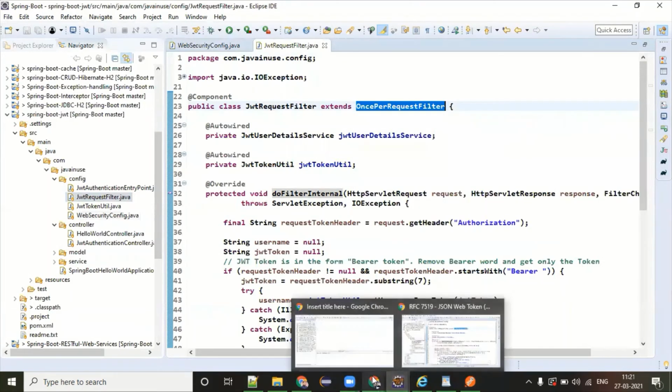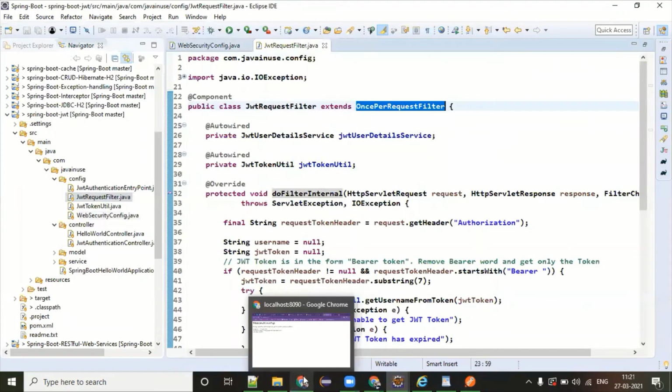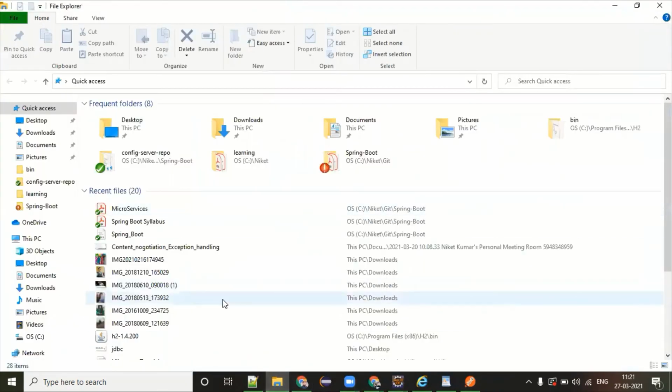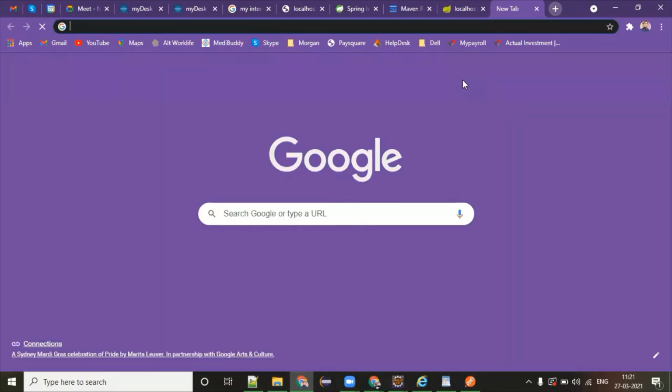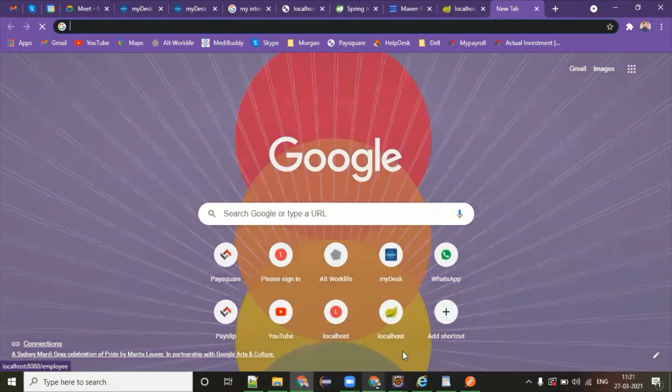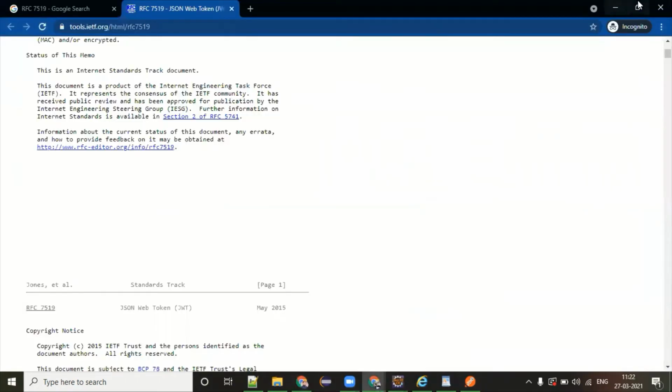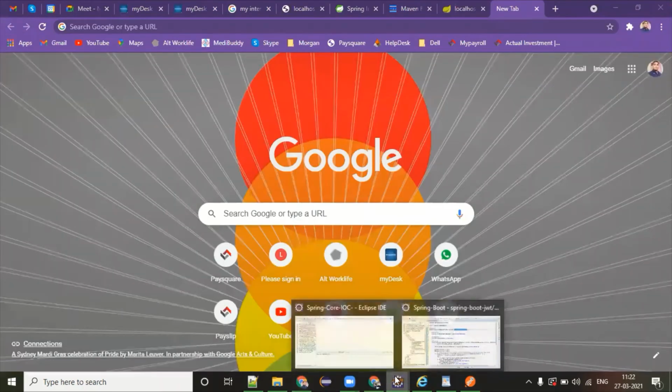So I told you that if you want to have a look at how this filter looks like, you just refer to my Git.